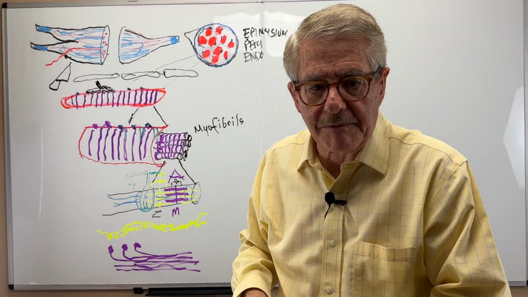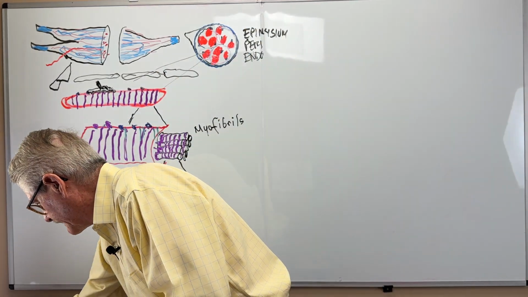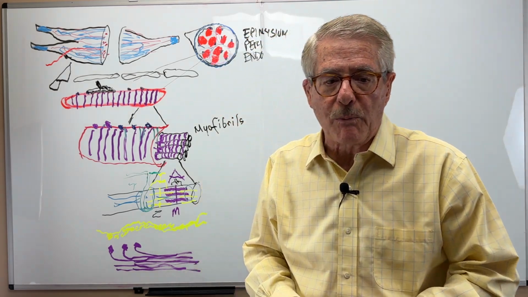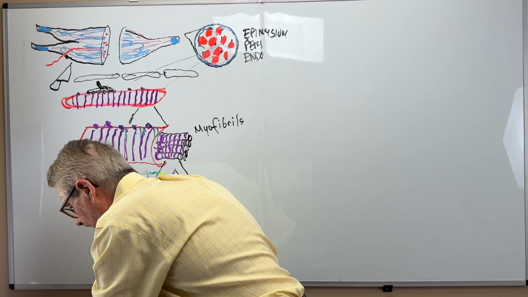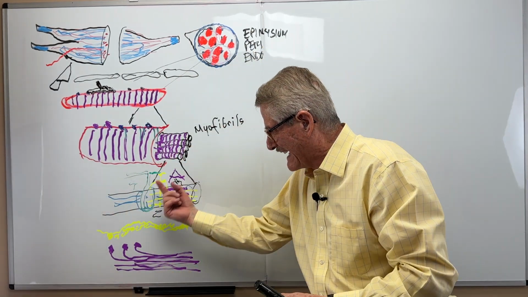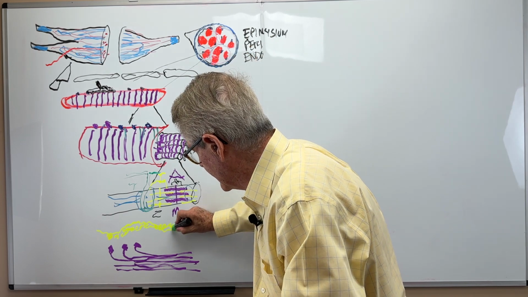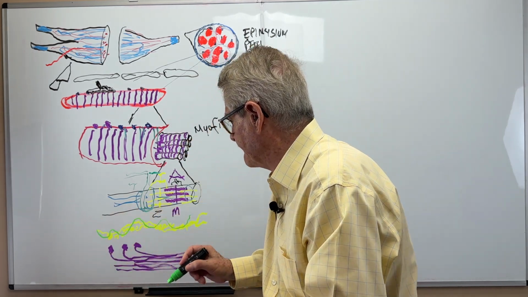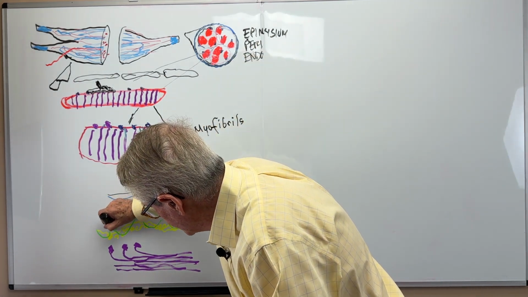The only problem, well, it's not a problem, but we have another complex called the troponin complex and tropomyosin. In other words, there is another molecule attached, and surrounding the actin is the tropomyosin. And there is another complex called troponin